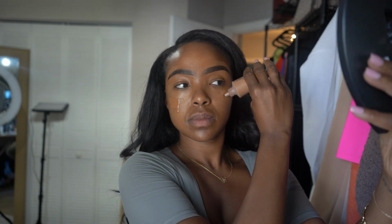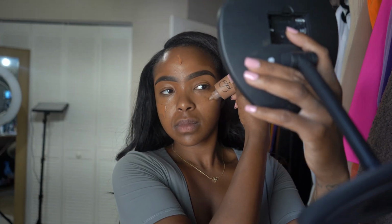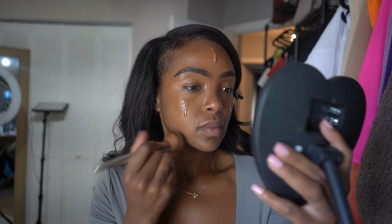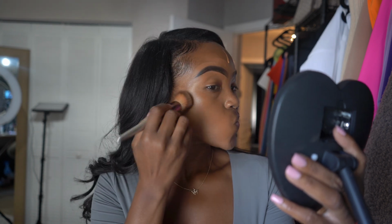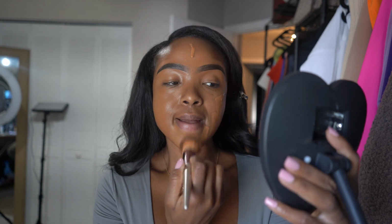So now what I'm doing is I'm just applying the rest of my foundation on my face. I am running out of foundation, clearly. It's like, come on, get out. So after I do this, I clean up any excess that's on the little tip and I rub it in with a makeup brush. This is the Macao color, Macao. And I feel like it blends in well. It blends in with my chest,